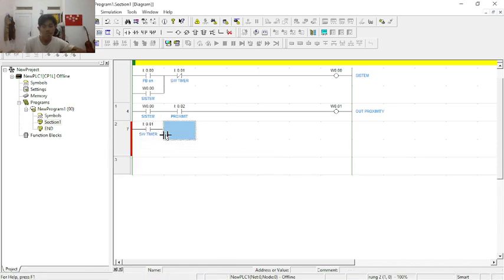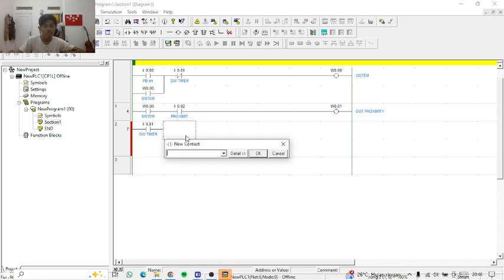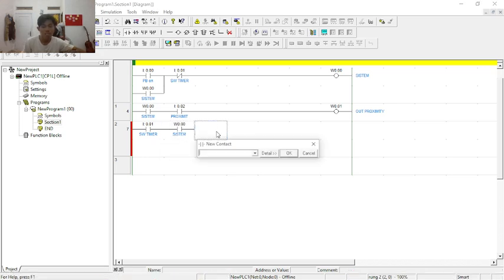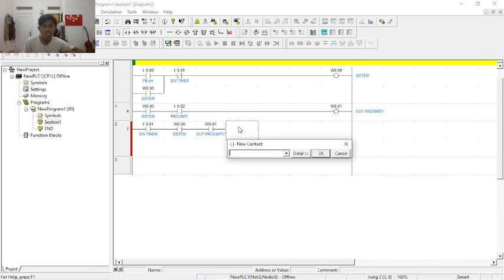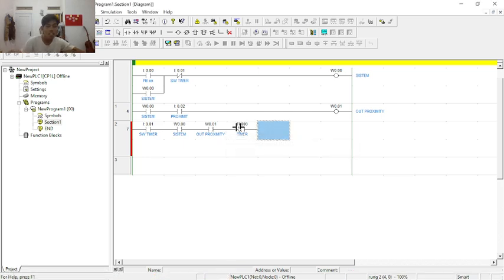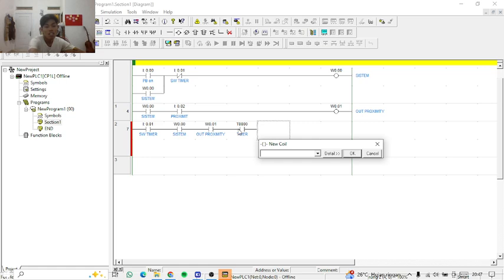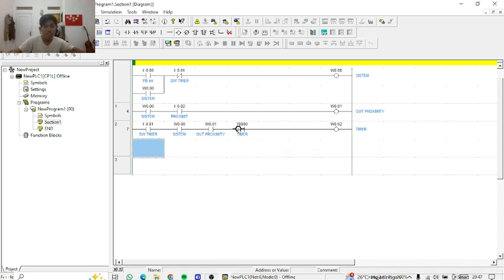SW timer and system. W0.00 system. Then for the out proximity, we will add out proximity 0.01 proximity and timer. T0000 timer, and for the out timer 0.02 timer. Okay,